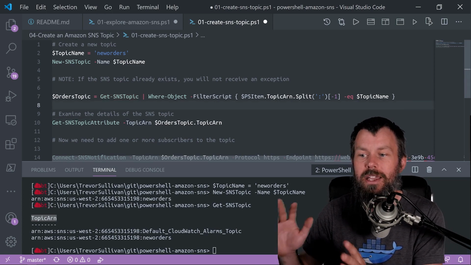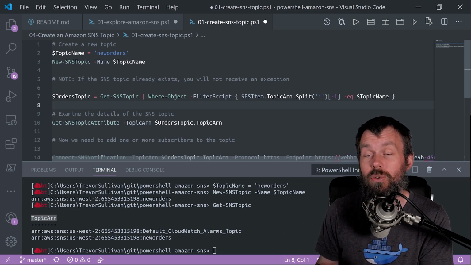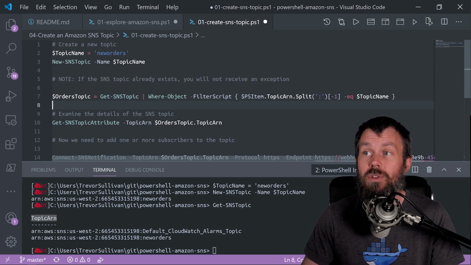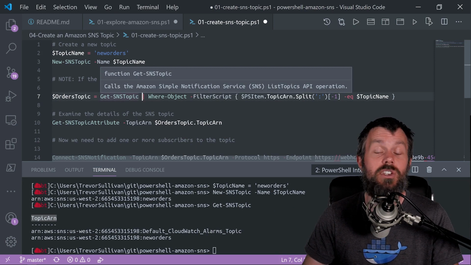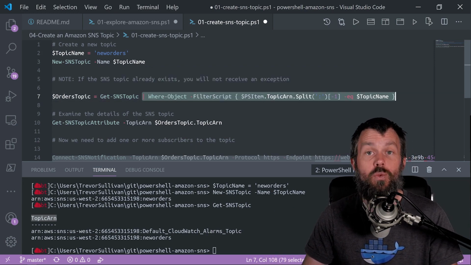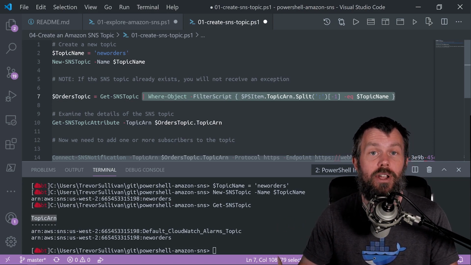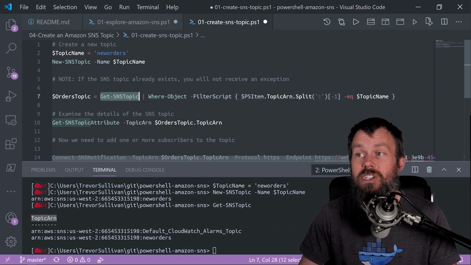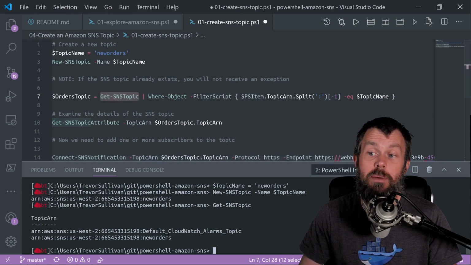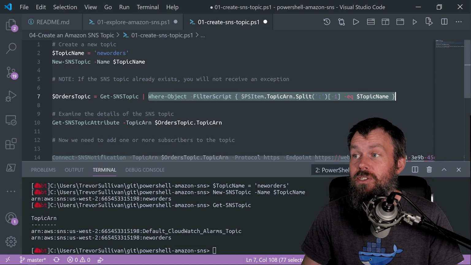So now I have two different topics inside of my account, so I want to filter down to only the topic that I am working with here, which is new orders. To do that, PowerShell has a built-in command called Where-Object, and Where-Object is a command that allows you to filter a pipeline of objects. So basically we're taking these SNS topic objects that have a TopicArn property, we're filtering them into this Where-Object